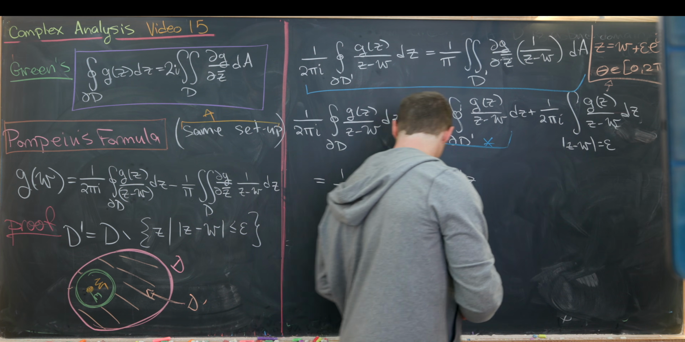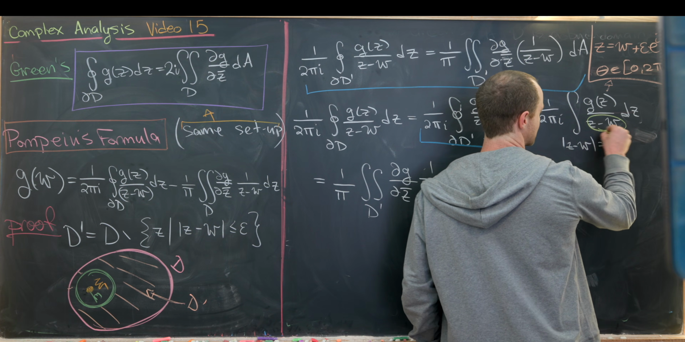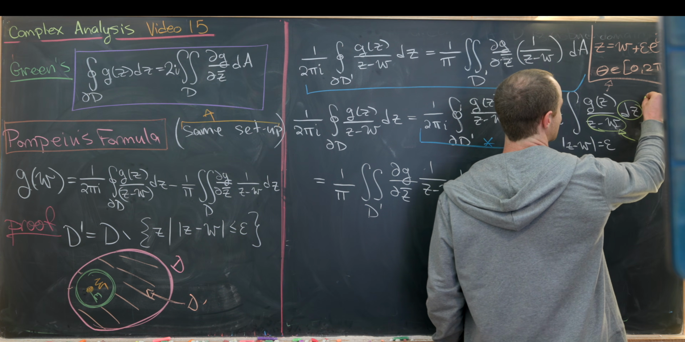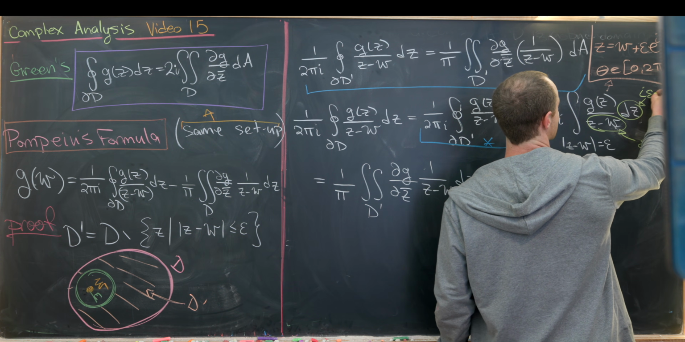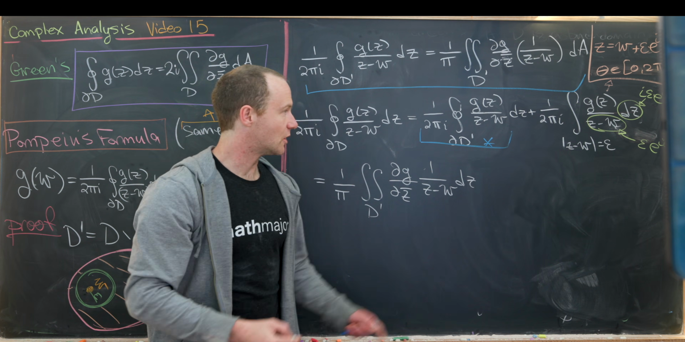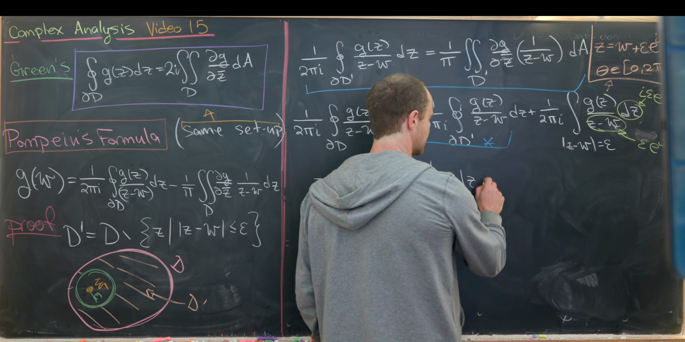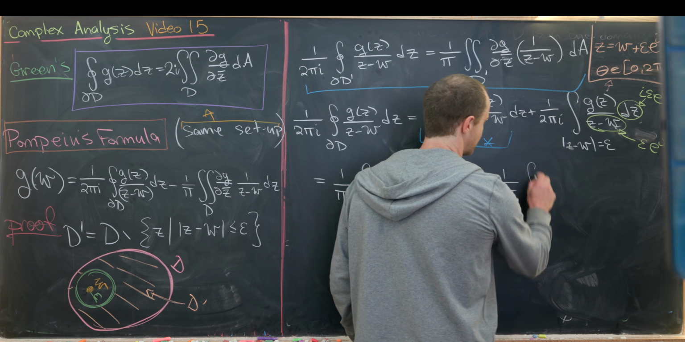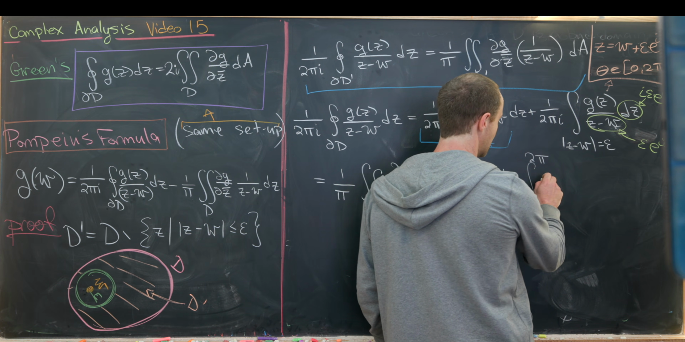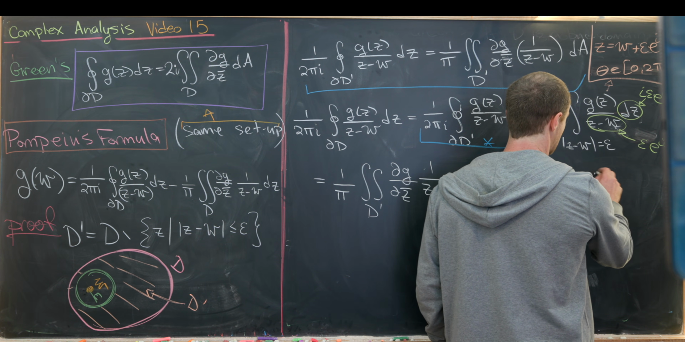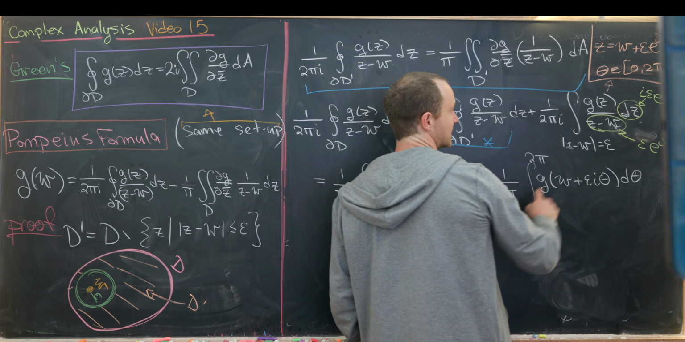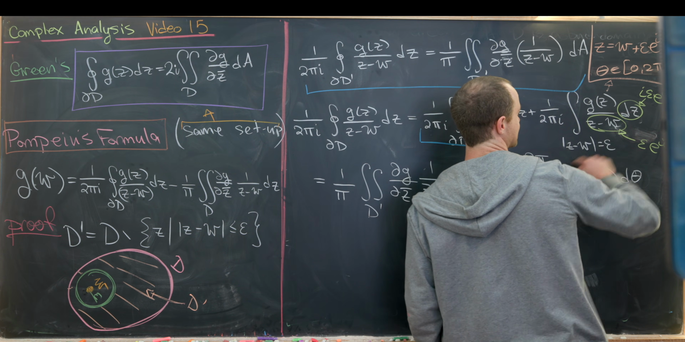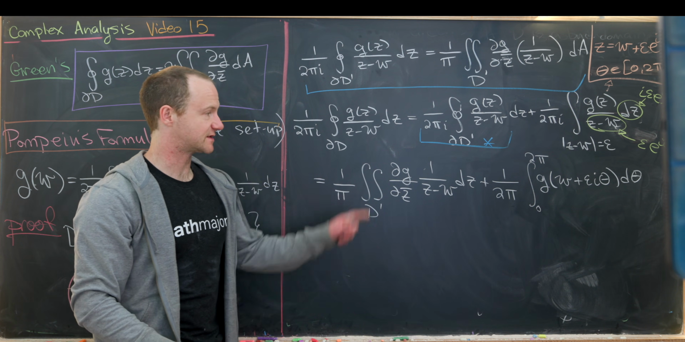Okay, great. So now under that parameterization, we'll see that my z minus w term will be equal to epsilon e to the i theta. And then my dz term will be equal to i times epsilon e to the i theta. So when we plug those into this integral, we'll get the following. So we'll get plus 1 over 2 pi times the integral from 0 to 2 pi of g evaluated at w plus epsilon e to the i theta d theta. Notice that the i here cancels the i that was in the denominator in the last step. The epsilon here cancels the epsilon here, and the e to the i theta cancels the e to the i theta,